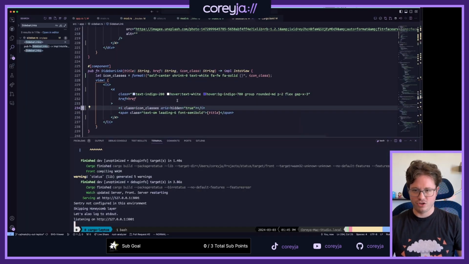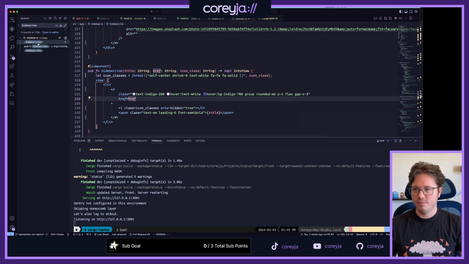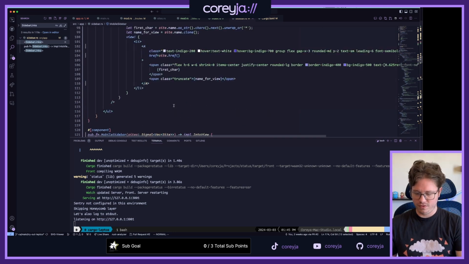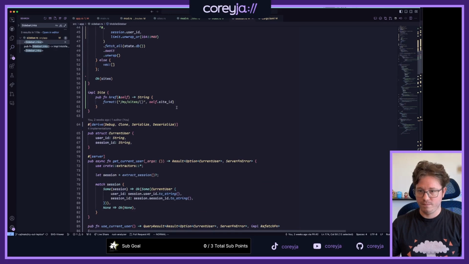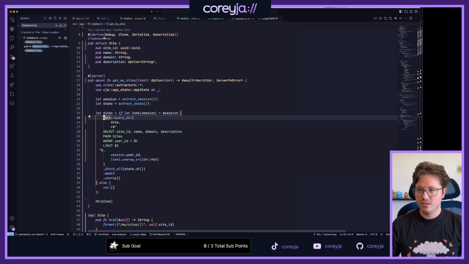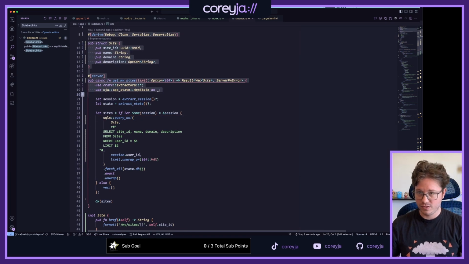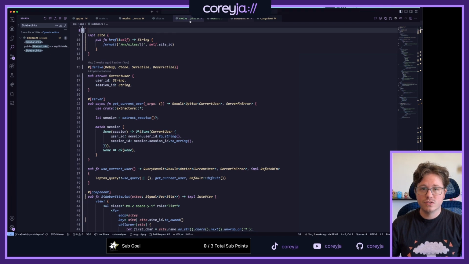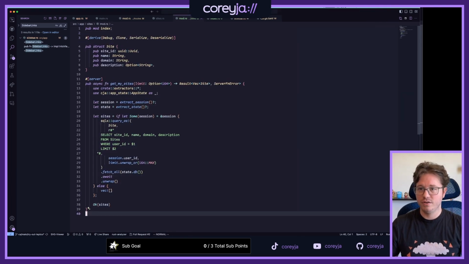It's a little bit of a sidetrack, but that's okay. So now I should have my sidebar stuff. Sidebar is still working. And I have this whole get my sites, which knows how to take a limit. And I want to move all of this to a new spot. Take this to the mod for sites.